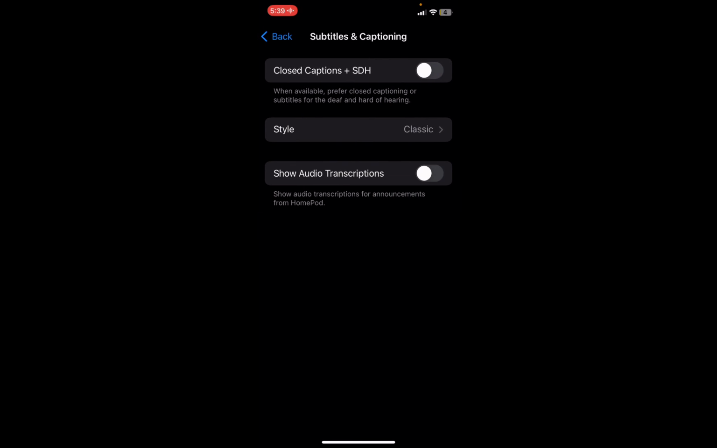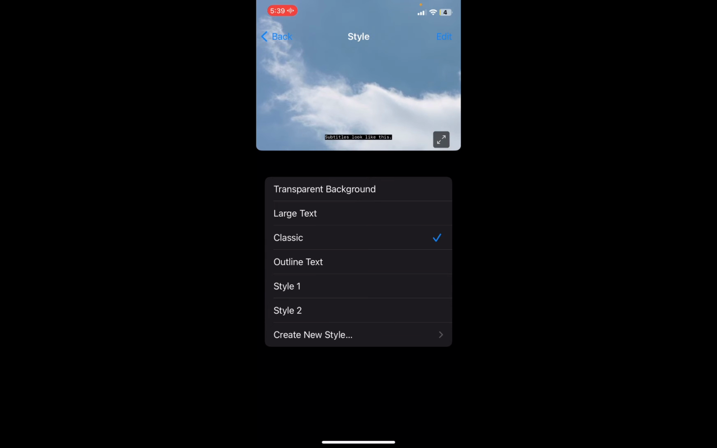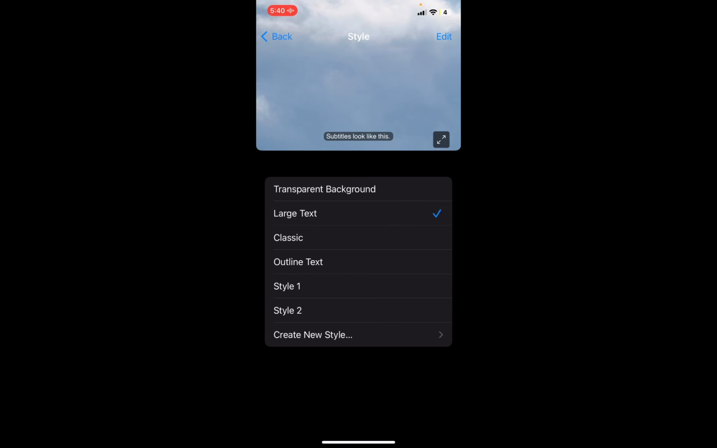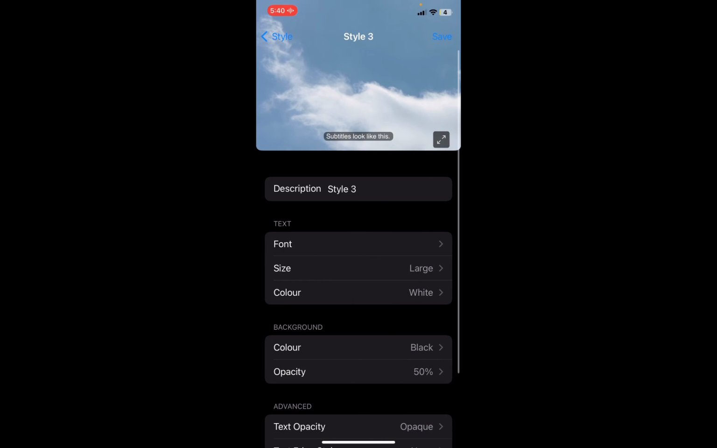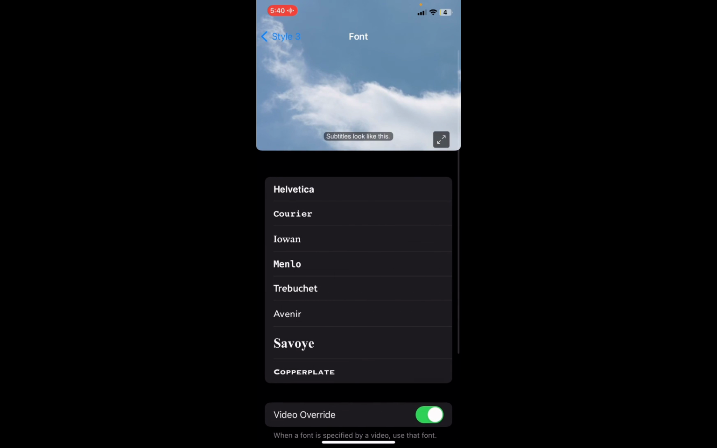And we want to click on style, and this allows you to change the style and the size of your font. And so you can go over here, you can go to style, you can create a new style, you can go for large text, you could have a transparent background. I want large text. I could create a new style for that matter and make the font a different font if I want. And then go back